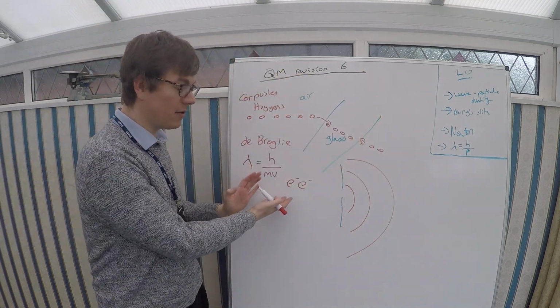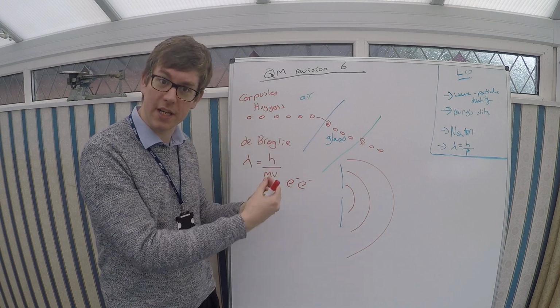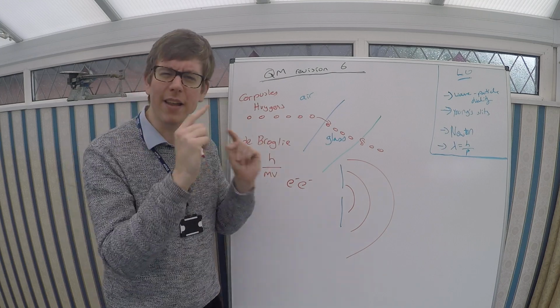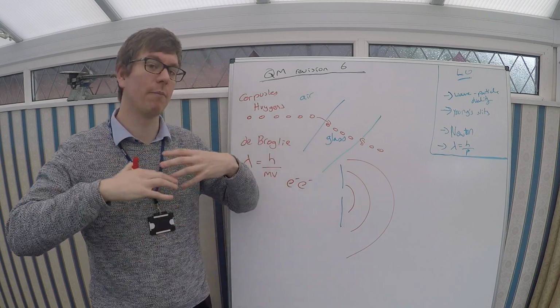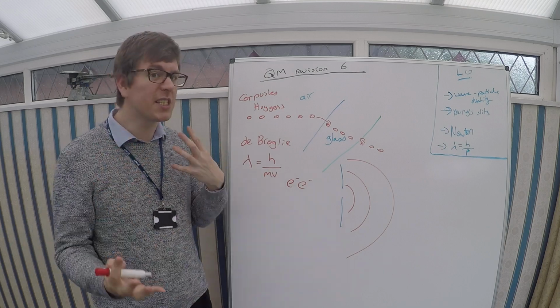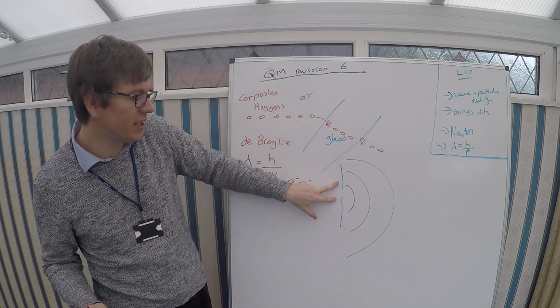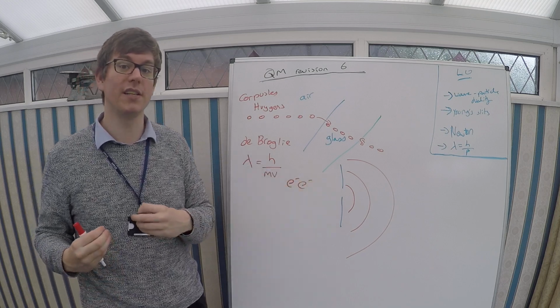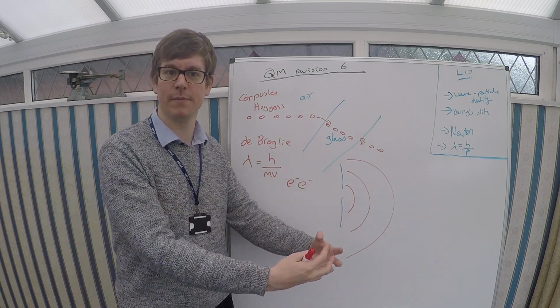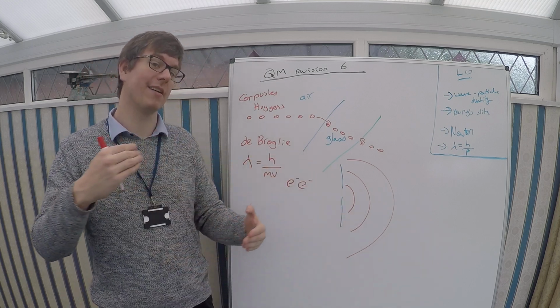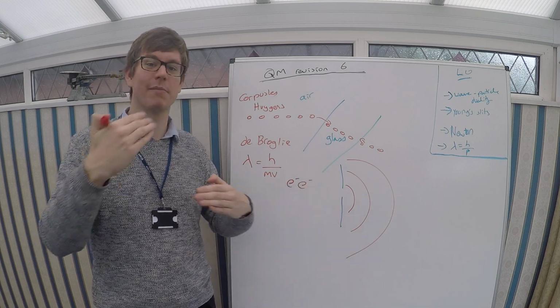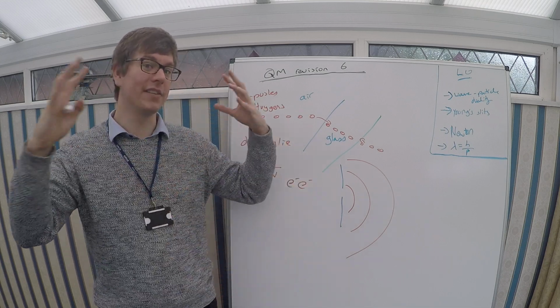So this particle, an electron, something we think of as being very particulate, you can smack them at things, we can bounce them off things, they have all the properties of particles. If we get the speed right, and we get the size of gap correct, they'll suddenly start to act like waves. So waves sometimes act like particles, and particles sometimes act like waves. And this is our wave-particle duality.